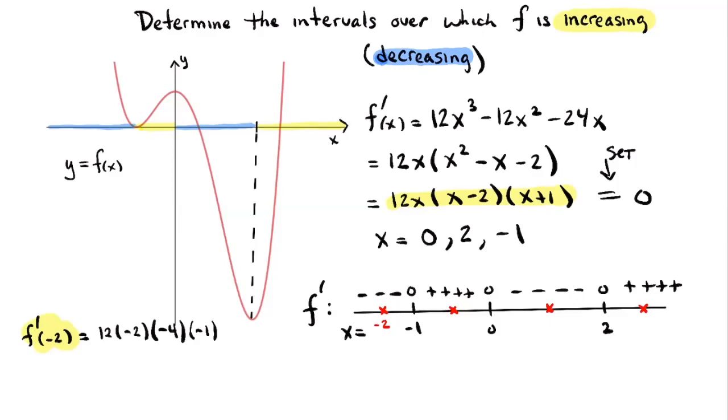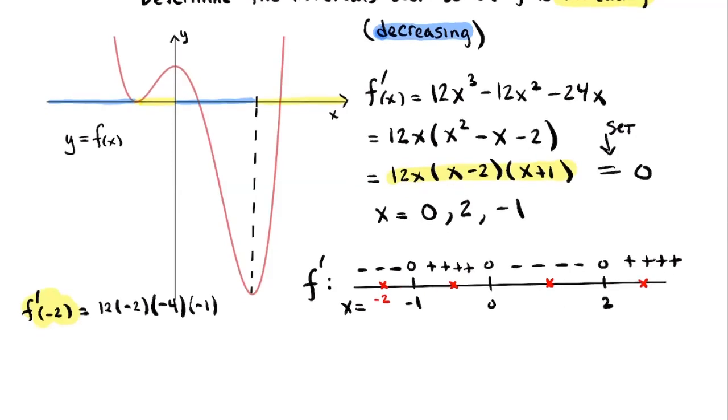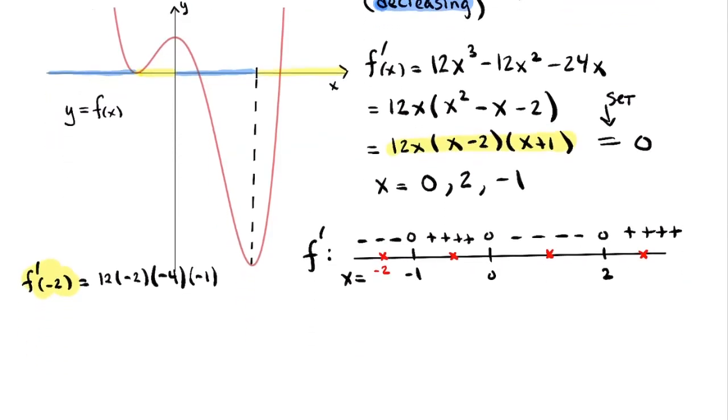But now we're in a position to answer our question. I'm going to try to keep a lot of this visible, but this labeled sign diagram for f prime together with the increasing decreasing test tells me how to answer the question. Because I can see where the derivative is positive, I can see where it's negative. So let me write my answer in the form that I'm going to expect you to write your answers, in interval notation. So I'm going to write something like this: function f is increasing